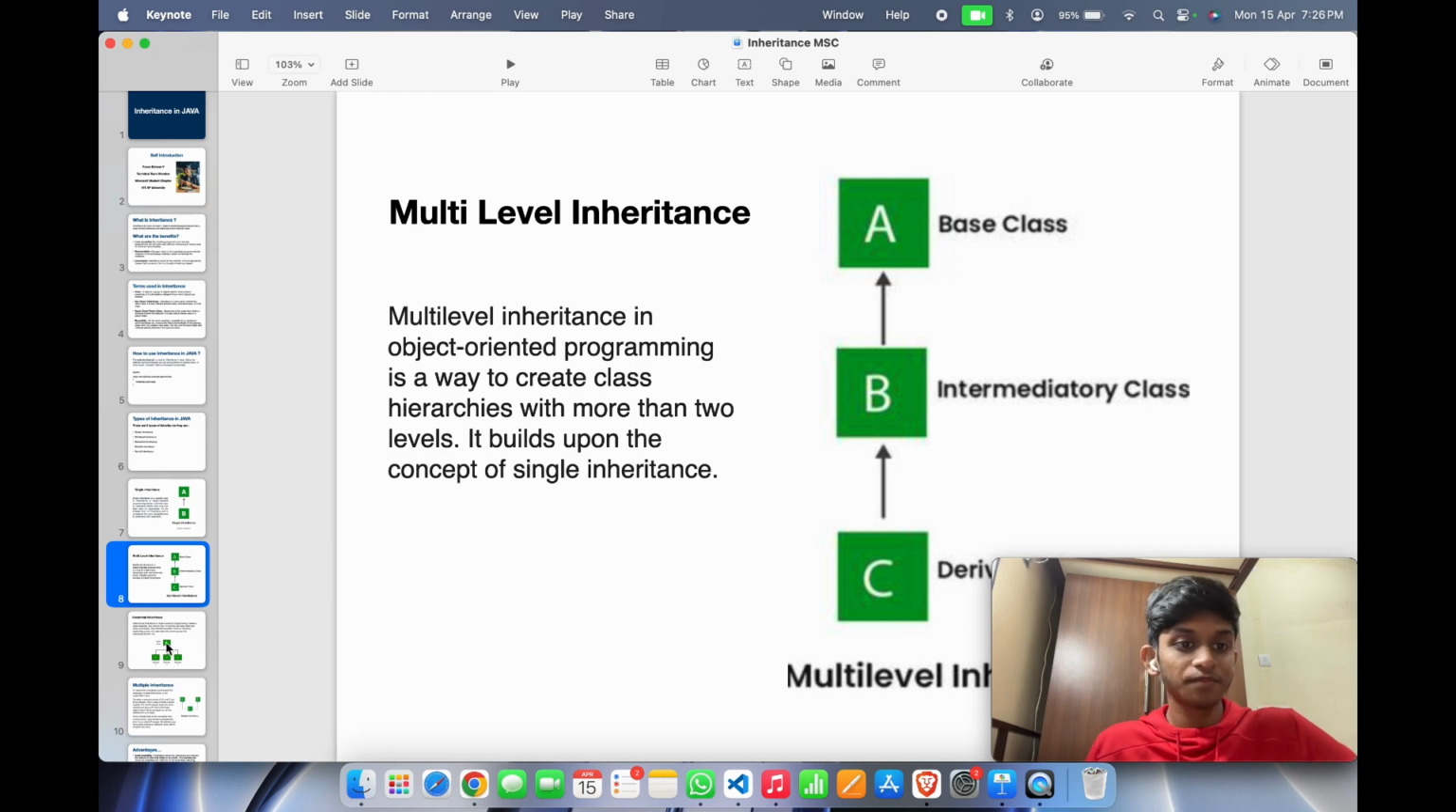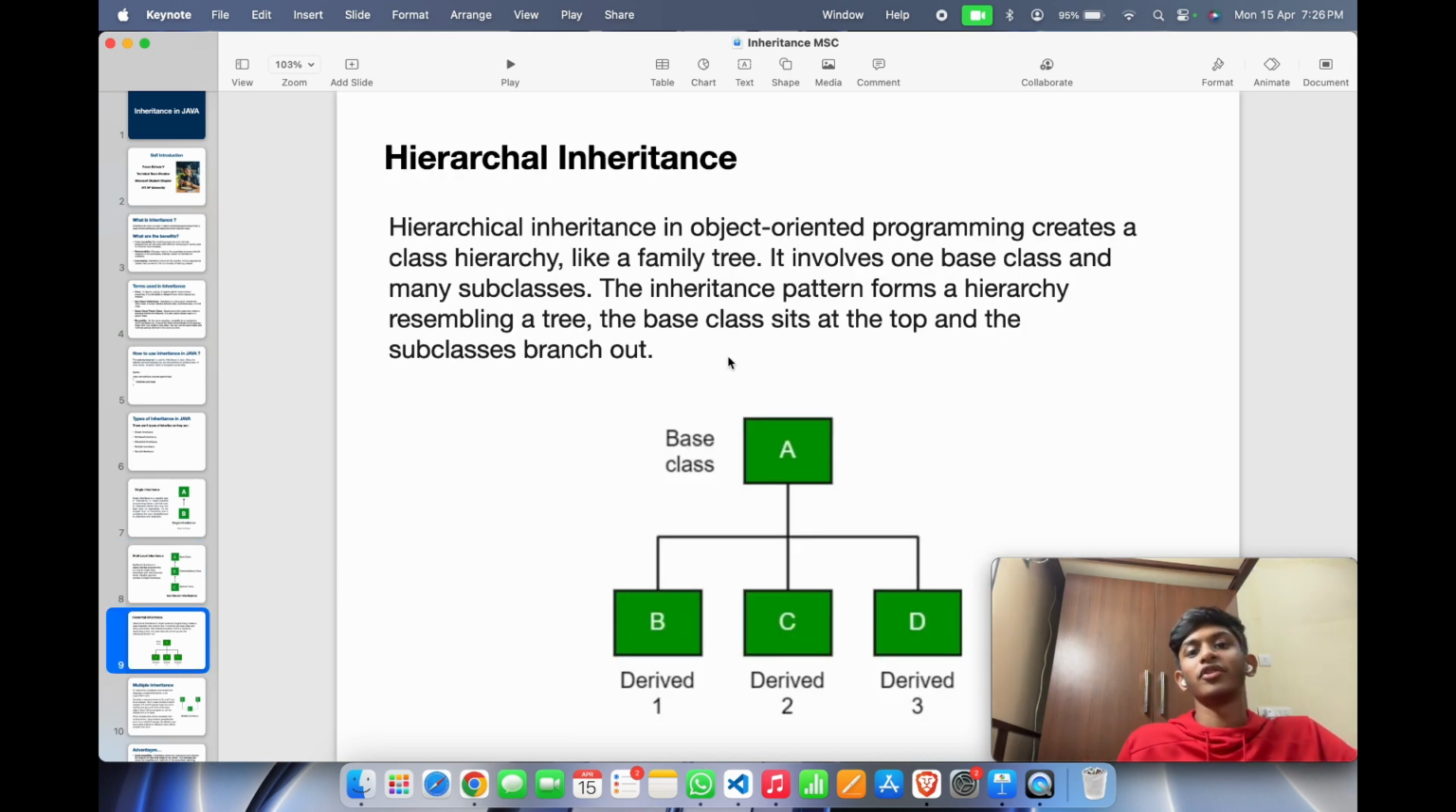And then next we have hierarchical inheritance. Hierarchical inheritance in OOP creates a class hierarchy like a family tree. It involves one base class and many subclasses. The inheritance pattern forms a hierarchy resembling a tree. The base class sits at the top and subclasses branch out. If you see the structure of a tree, it starts at a tip and grows branch by branch, right? Similarly, a base class